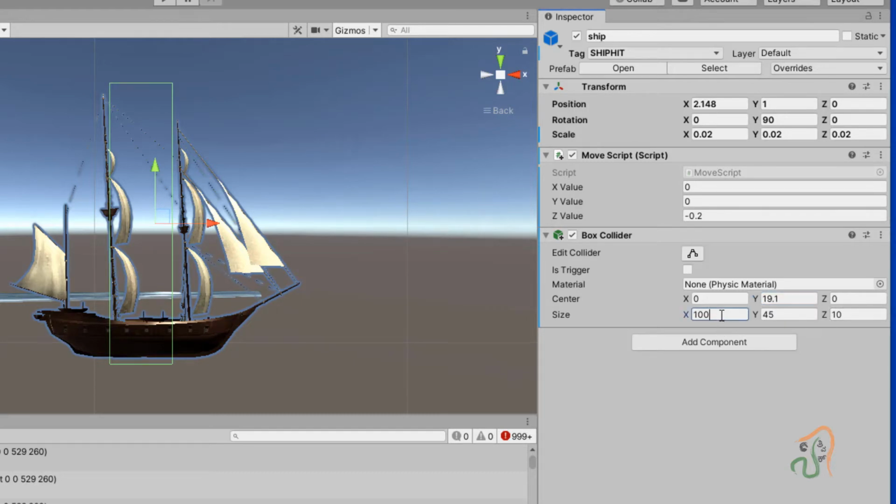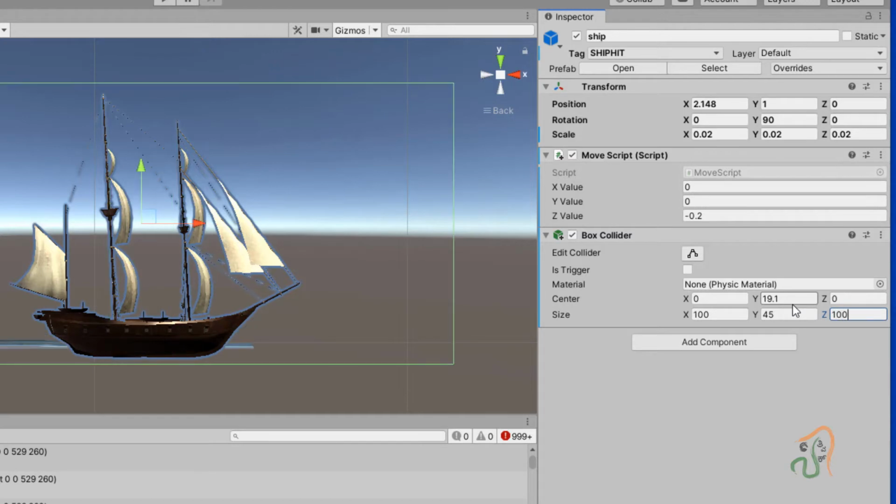Then next let us set the Z value. Let us set it to 100. 100 is too wide. Let us set it to 50, or we can even set it to 40 or 45. Let us set this also to 40, and in Z let us move it so that this is exactly placed around the ship like this.